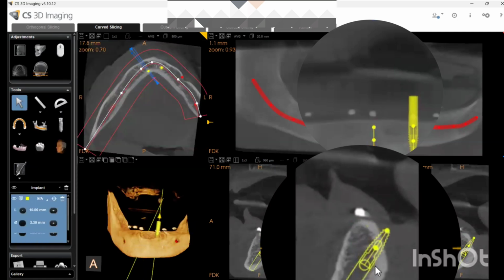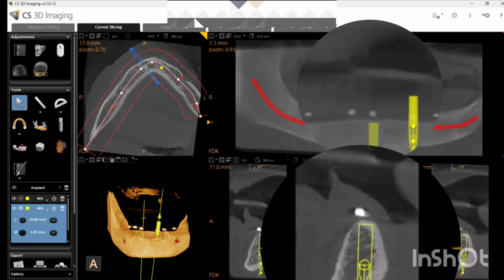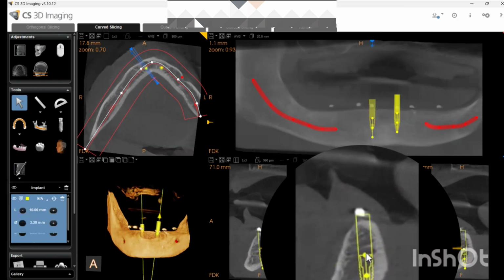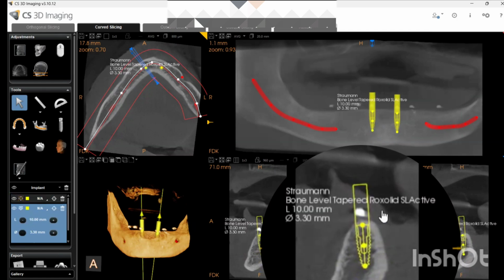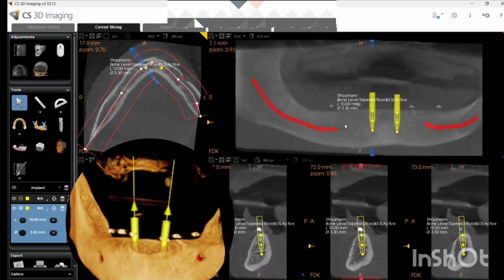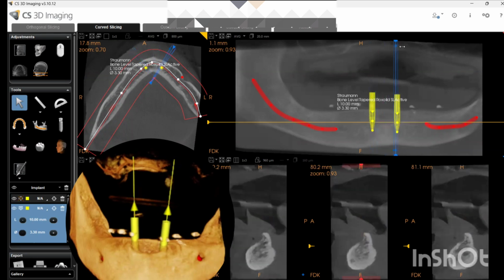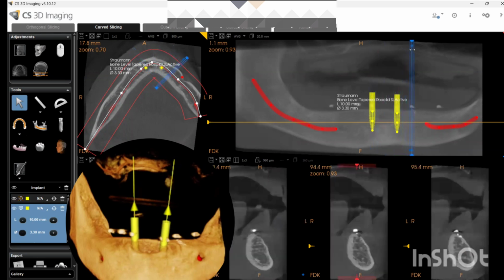Remember that in the lateral incisor, we usually choose a narrow implant, and in the posterior region, we use a broad implant. So place it slightly subcrestally. Okay, it is good. You must be wondering, it is just variation whenever anyone takes a scan, that here it has been asymmetrical, maybe due to the position of the patient, but otherwise it's symmetrical. Okay. Here is one implant, here is another implant. Now move on. So we have placed two implants, that is lateral incisor, lateral incisor.